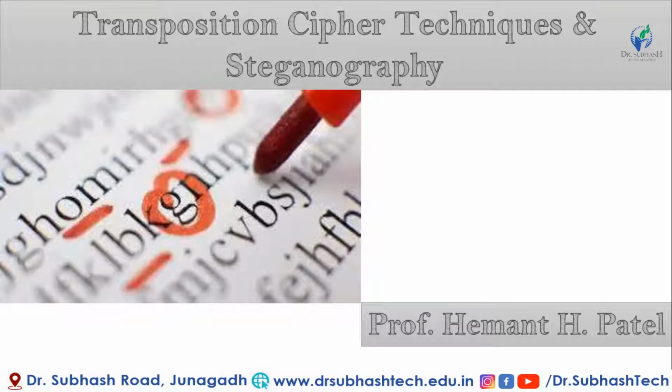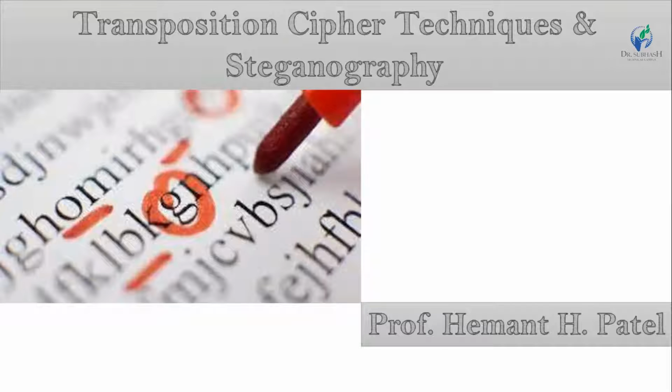Unlike modern systems, which are digital and treat data as binary numbers, the earlier systems worked on alphabets as basic elements. These earlier cryptographic systems are also referred to as ciphers. In general, a cipher is simply a set of steps and algorithm for performing both an encryption and the corresponding decryption. So now I start the session on transposition techniques in cryptography.